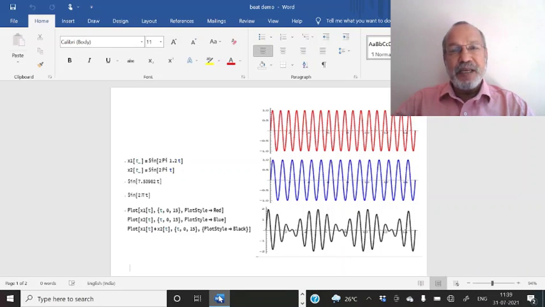In the previous class, I promised you that I will demonstrate the phenomenon of beats using a computer software called Mathematica. Here I have used it to draw the graphs of SHM as well as that of combined SHM or beats, and also to play the sound so that you can actually hear the beats, which in the case of sound is waxing and waning of sound intensity, or increase and decrease in sound intensity.